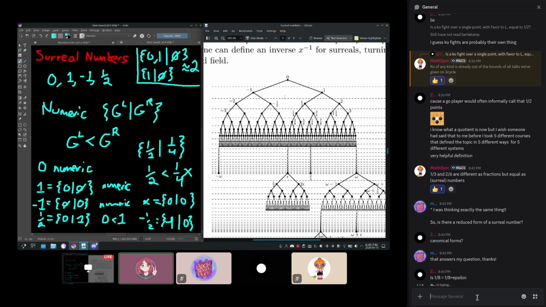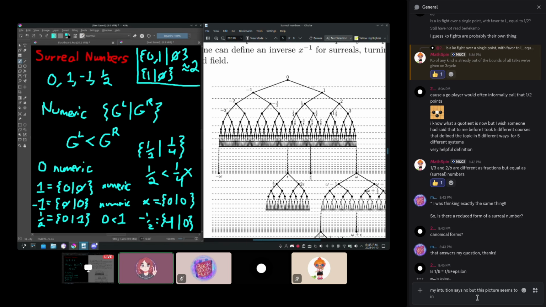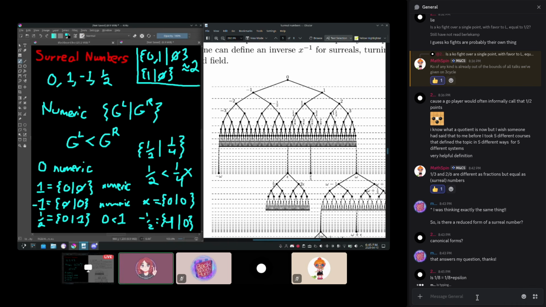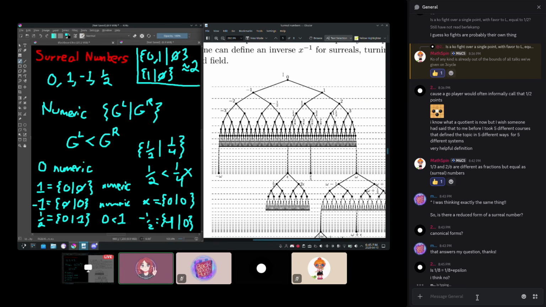Again, I can't explain concisely what the branches mean at this very moment, but you can at least tell that from left to right, this is just the standard ordering of numbers, right? We have -3, then -2, then -1, then -1/2, then 0, and everything is in order from left to right. Top to bottom, that's a bit more difficult to explain, but yeah. What else do we have here?